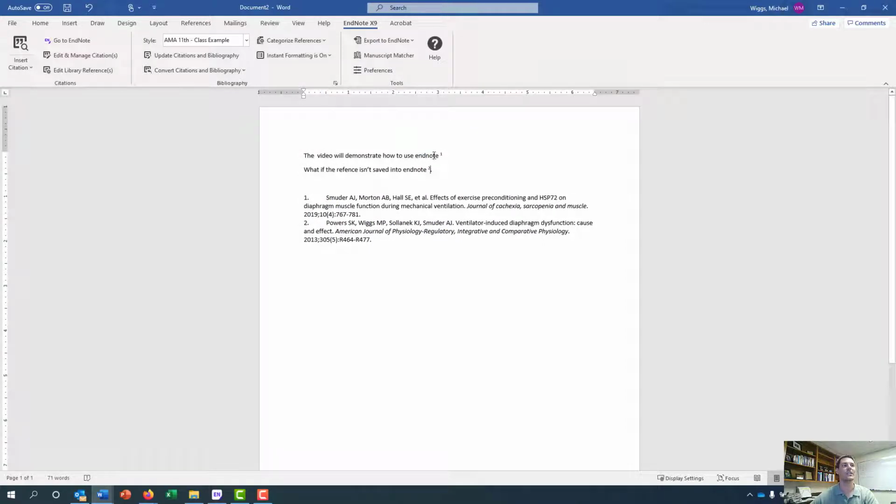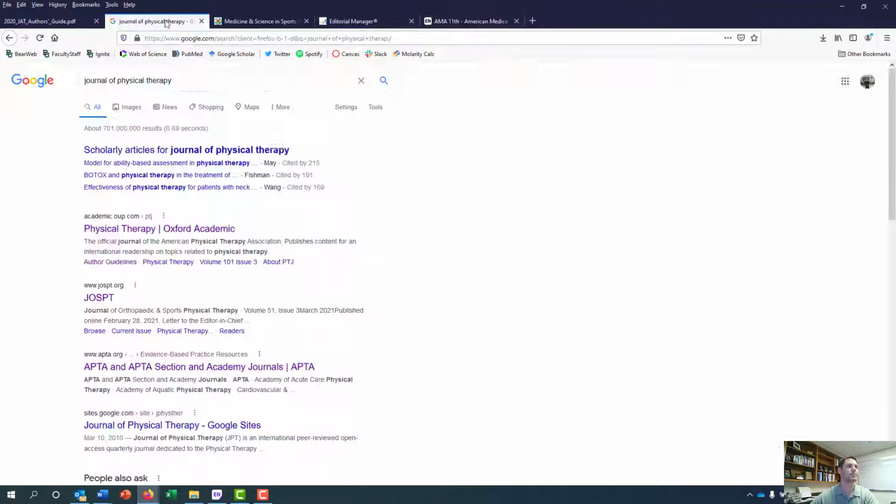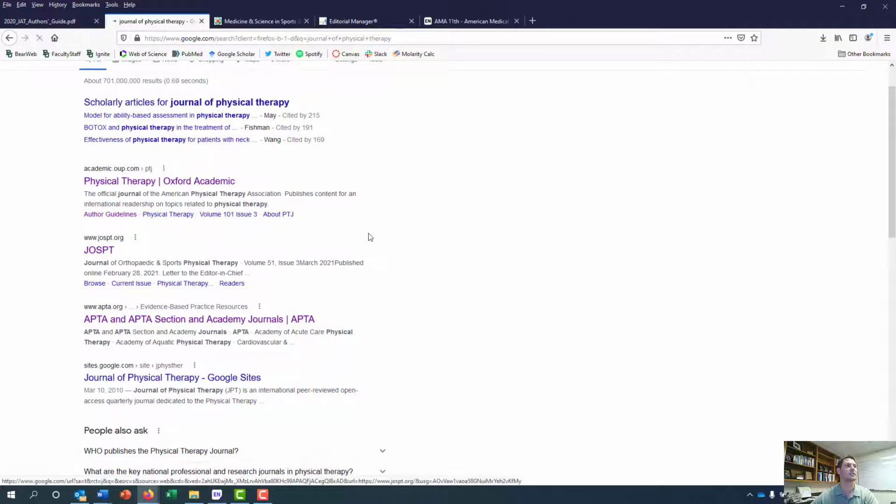As you can see, when I changed it to that, these changed to superscripts to accurately format based on the American Medical Association 11th edition. Again, automatically done. So that hopefully shows you how to find it, download it, save it, and then use that style here. One more example that I'll show you is if we look at the Journal of